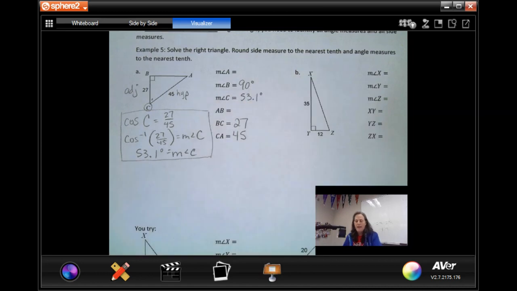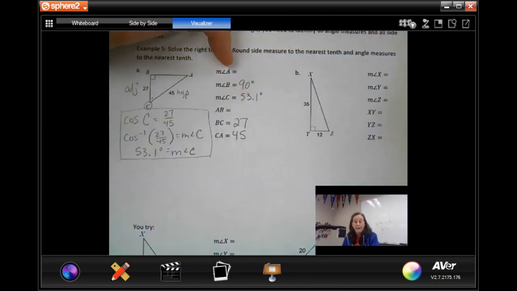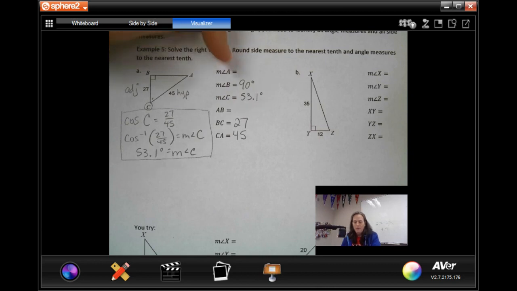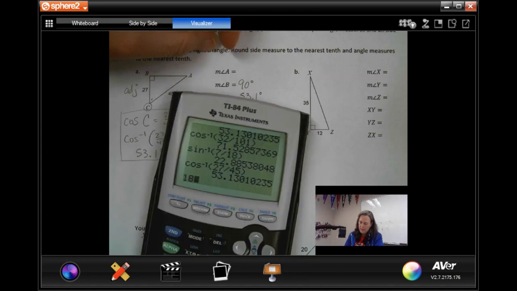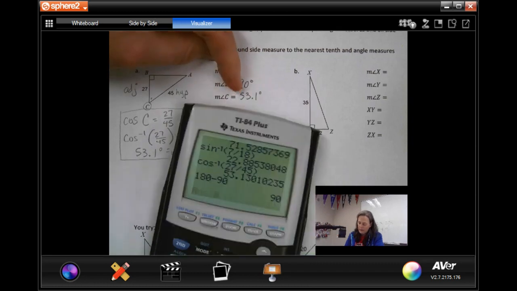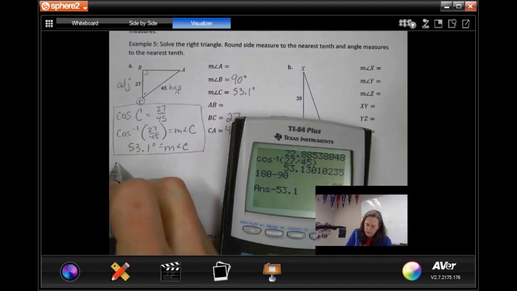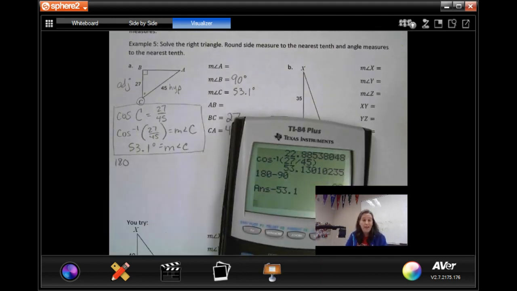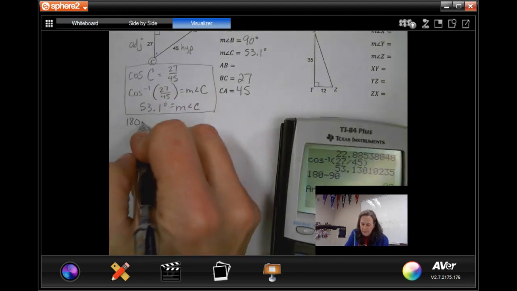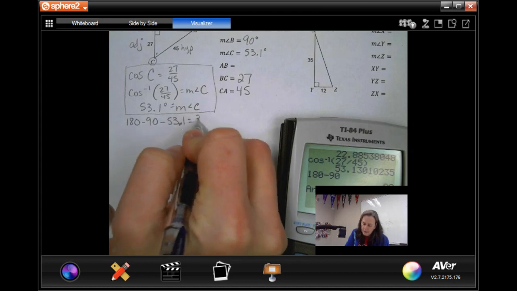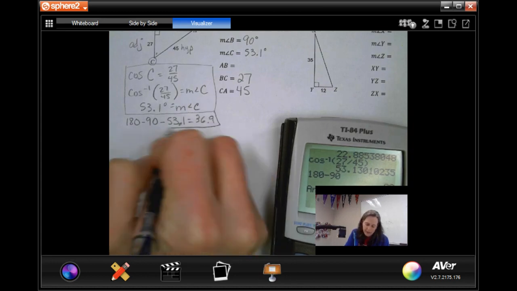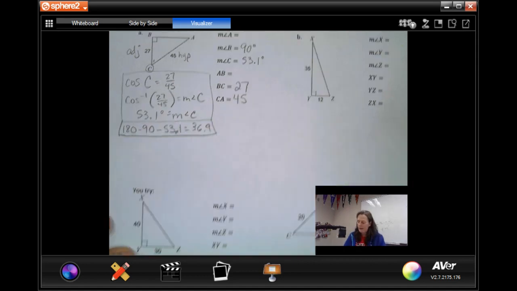53.1 degrees. Now for the third angle, we know that there are 180 degrees in a triangle. If you subtract out 90, that leaves 90 for the other 2. So let's do 180 minus 90, 90 left. And let's take out the measure of angle C, 53.1. That means that last angle, and I'm just going to write it here so that you've got that on your paper later when you're looking: 180 minus 90 minus 53.1 equals 36.9. So then when you look back later, you can say, oh, that's how we found that third angle,